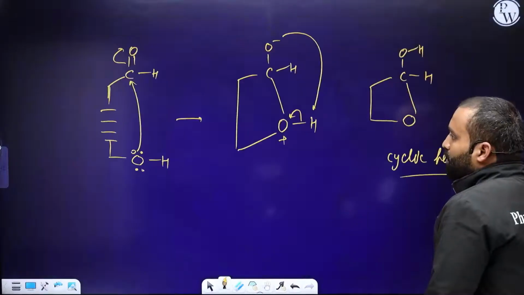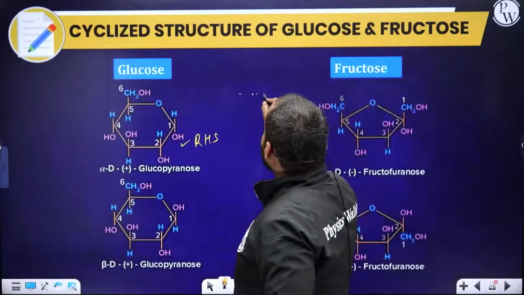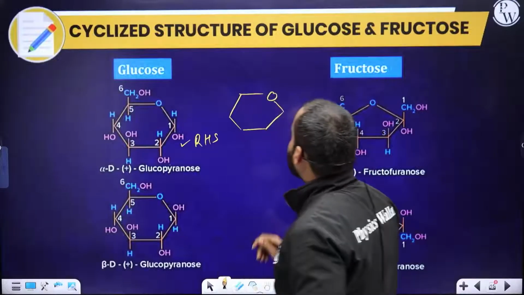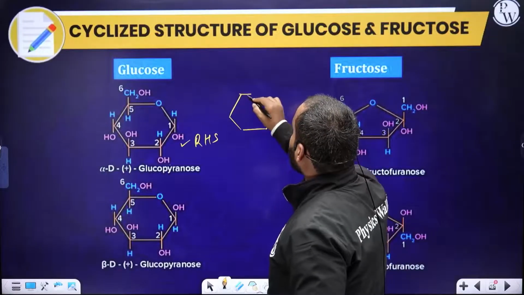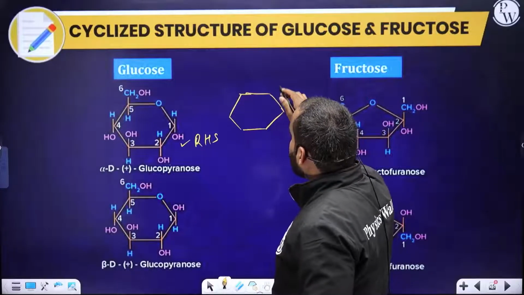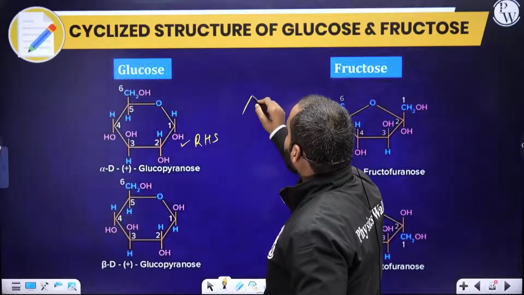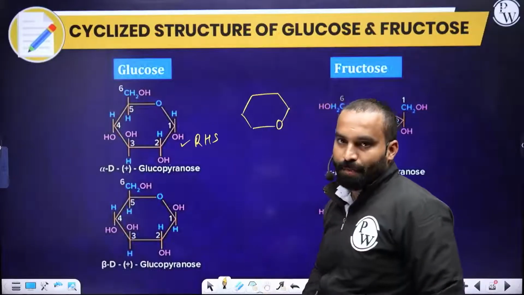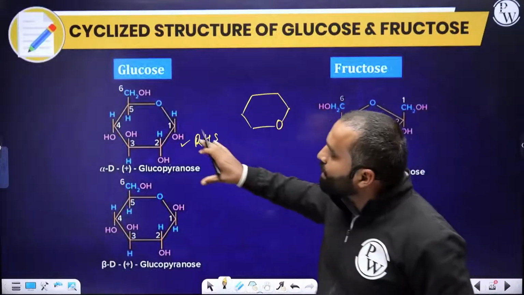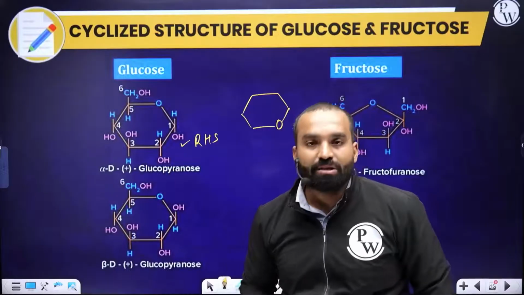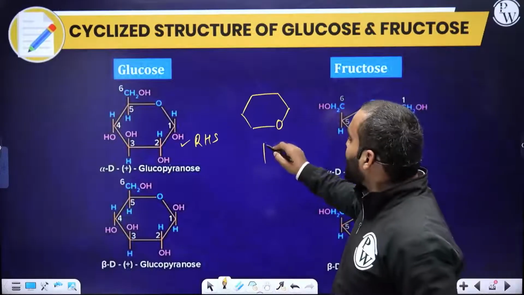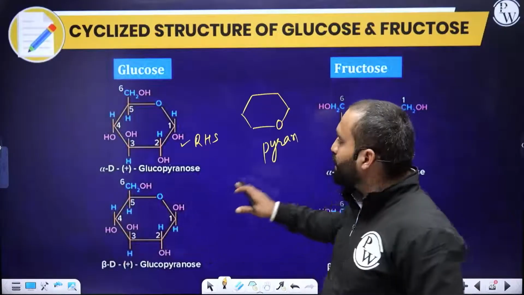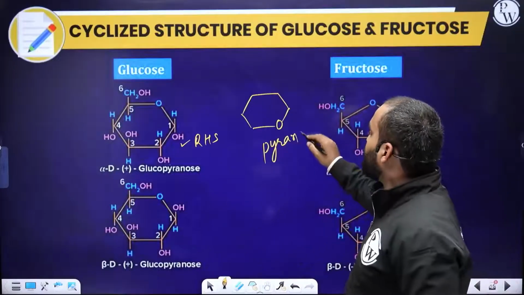We have to start drawing the structure in the form of pyranose. You know that if there is no oxygen here, if they were all carbon atoms, this is known as cyclohexane. If I remove one of the carbon atoms here and replace it by oxygen, this becomes a pyranose. Hence these glucose projections are also known as pyranose. This becomes a pyran ring. And since it is a glucose structure, these are aldoses. These are given the name pyranose.